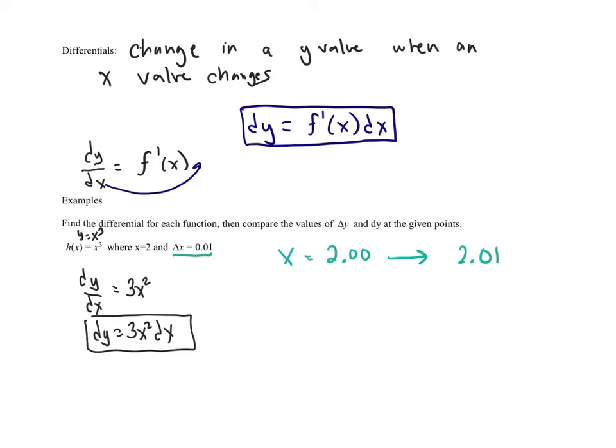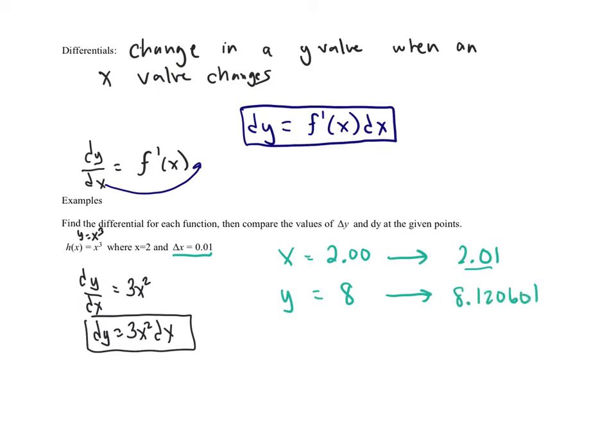So the y value at 2 is going to be x to the third. So the y value goes from 8, and then the y value at 2.01, because I'm going to basically plug this value into the cubing function. So 2.01 to the third power is going to give me